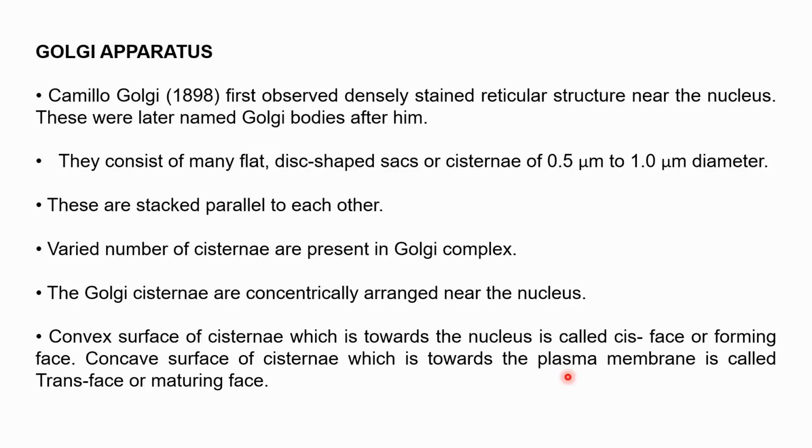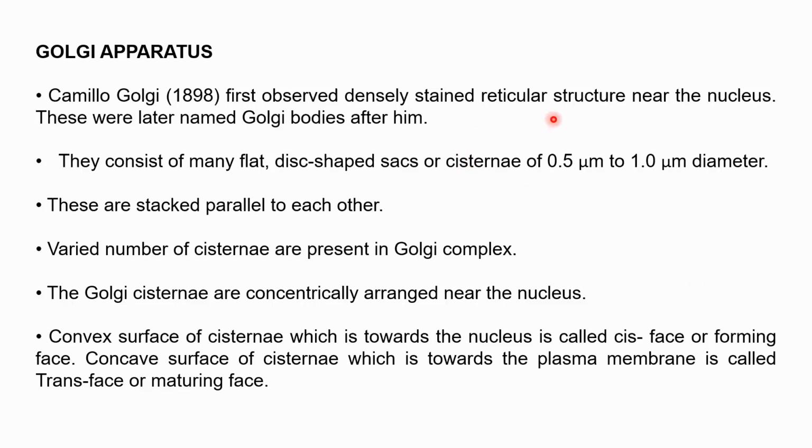The second important component of the endomembrane system besides ER is the Golgi apparatus. Now, the Golgi apparatus is named after the scientist who discovered it, Camillo Golgi, who first observed it. Camillo Golgi in 1898 first observed the densely stained reticular structure near the nucleus, and these were later named